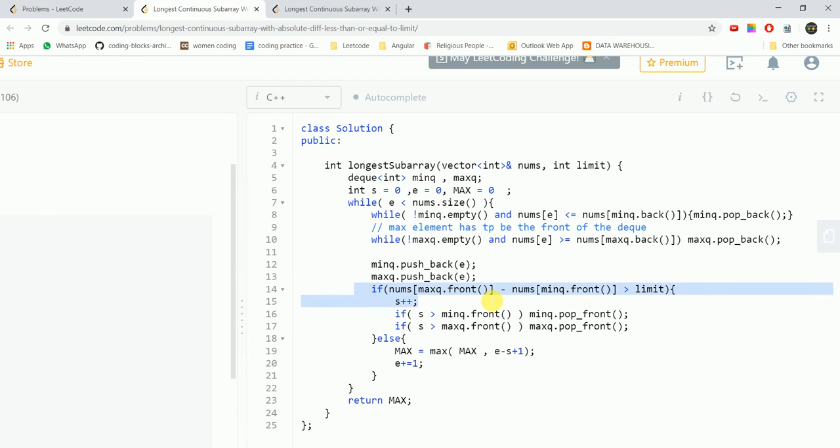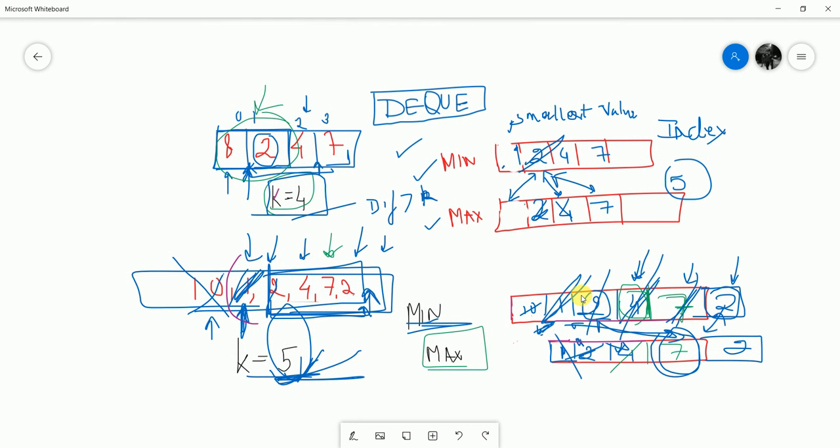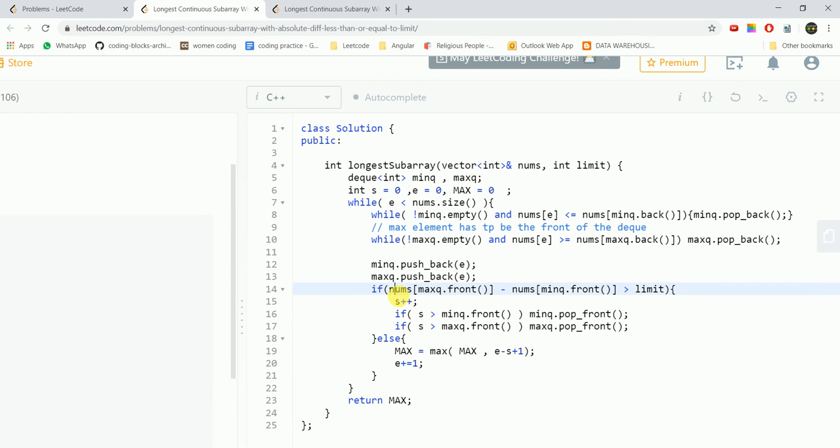Now after every step, the front elements of both the DQs are compared. So what I am doing is nums of max DQ front minus nums of min DQ front. If this value is greater than the limit, then we reduce the window size.